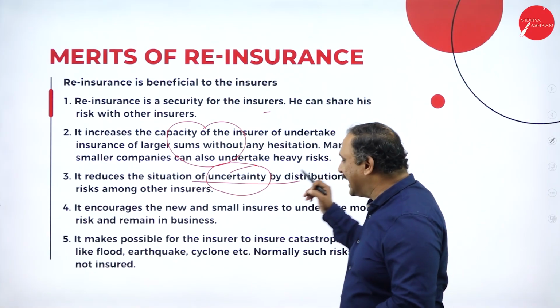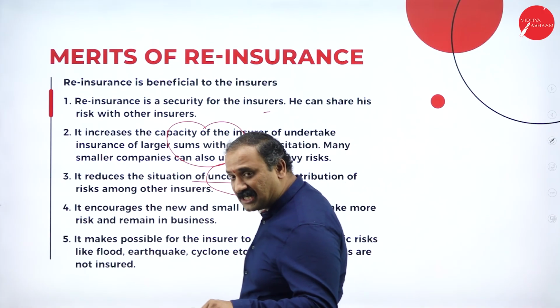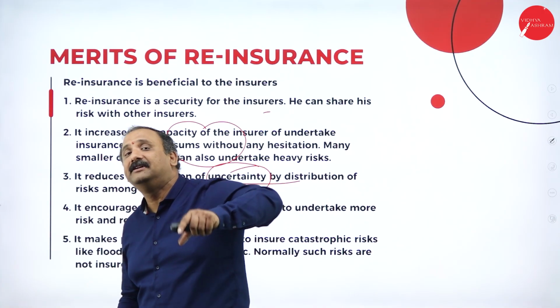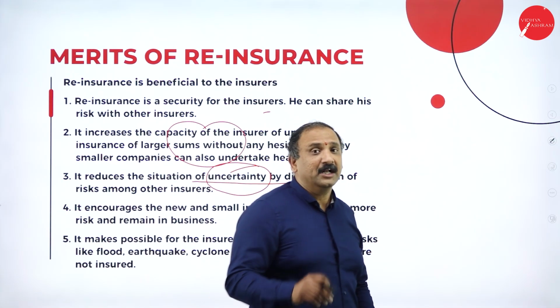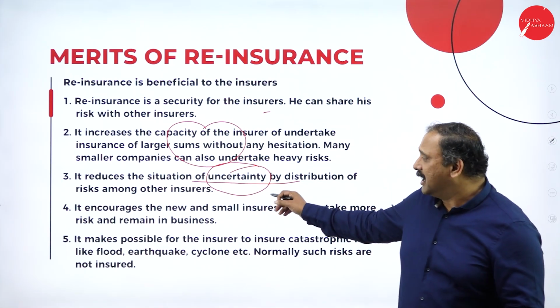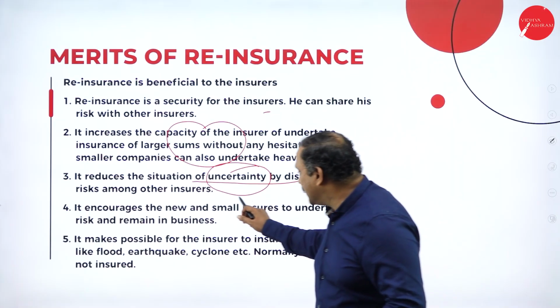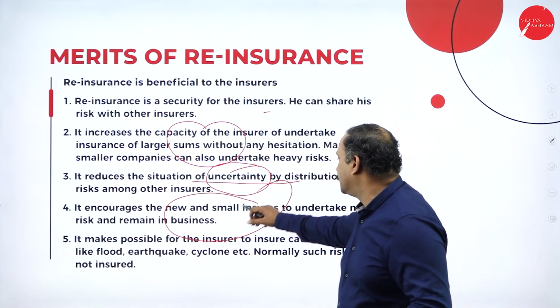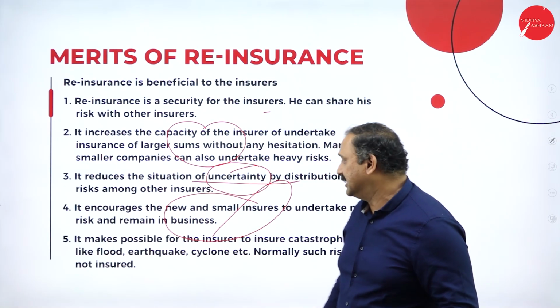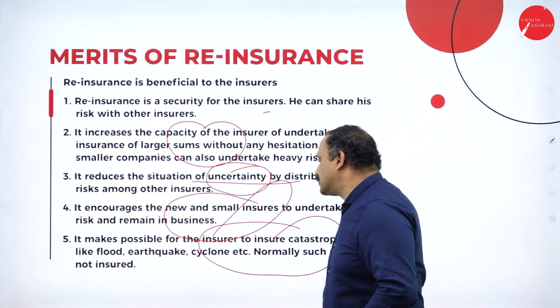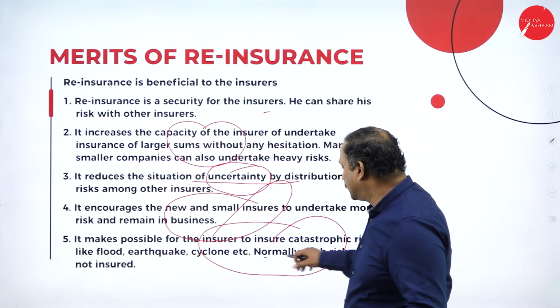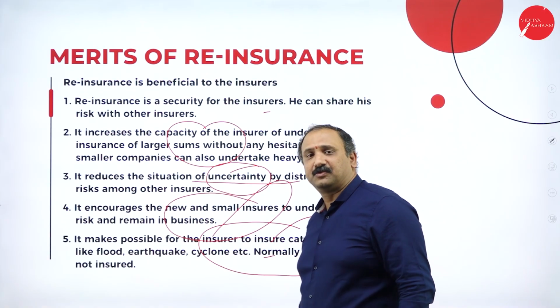Why? Because at any point of time, that uncertainty which cannot even be handled by the insurance company, reinsurance is going to take care of it. So you need to be very, very clear about how this happens. It encourages new and small insurers to undertake the risk and remain in business. It makes it possible for the insurer to insure catastrophic risk like flood, earthquake, cyclone, and normally such risks are not